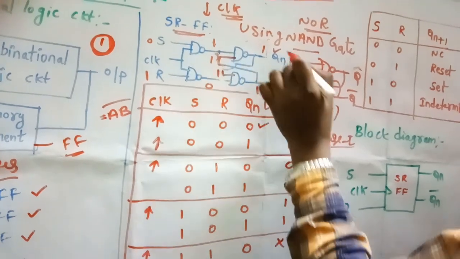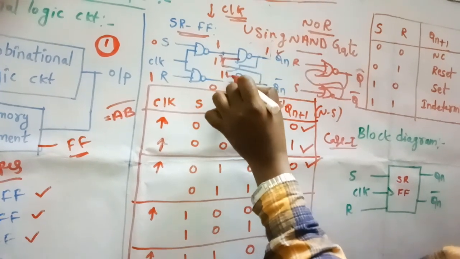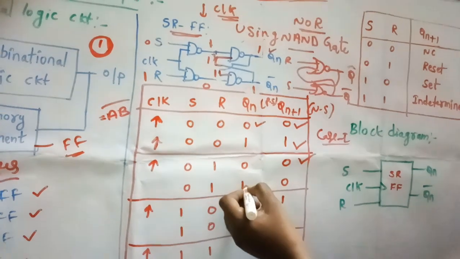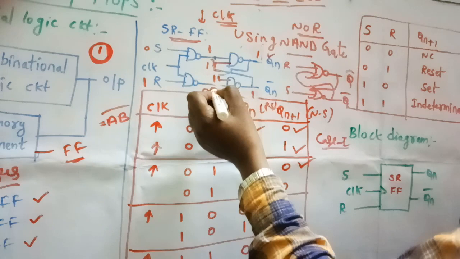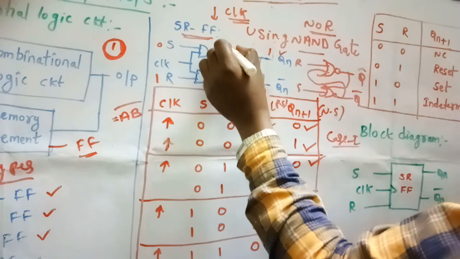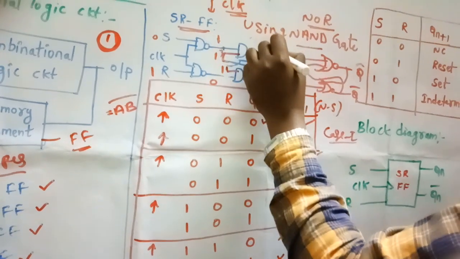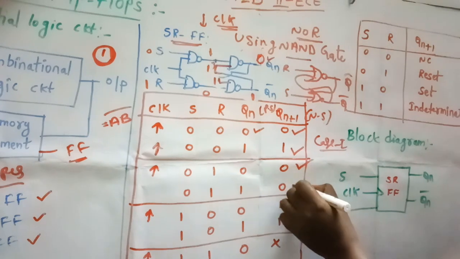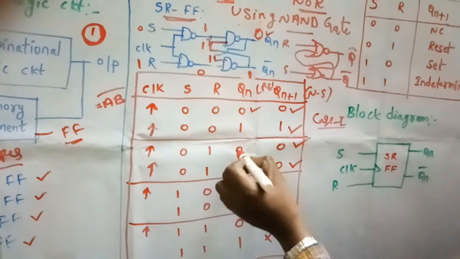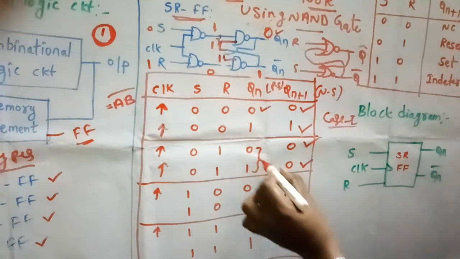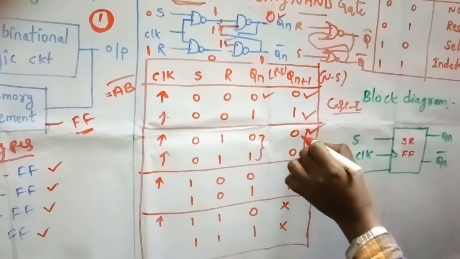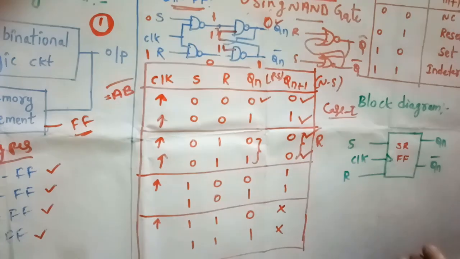Then let us consider this present state as 1. Okay, 1 comes here. Why? Because here we have a connection. Already here we are getting 0. Same case we are discussing, 0, 1 at 1 present state. That's why 0 into 1 is 0, 0 bar, 1 we will get. Again 1 comes here, already 1 here we have, 1 into 1 is 1, 1 bar is 0. Again we are getting 0 here. So in 0, 1 case, whenever you are applying the clock, if the present state is 0 or 1, the output Qn plus 1 is 0. That is nothing but the value is resetting.